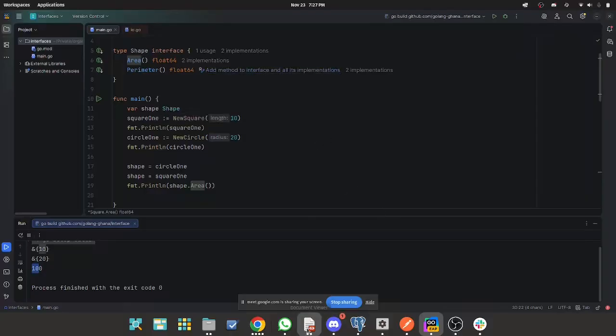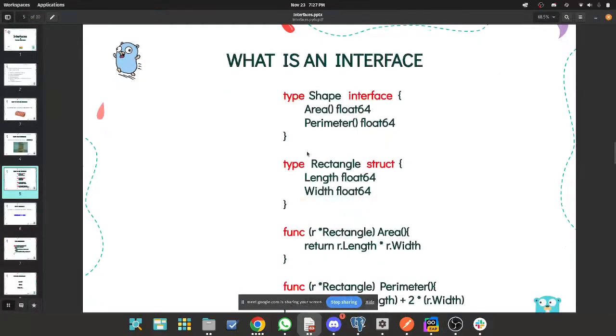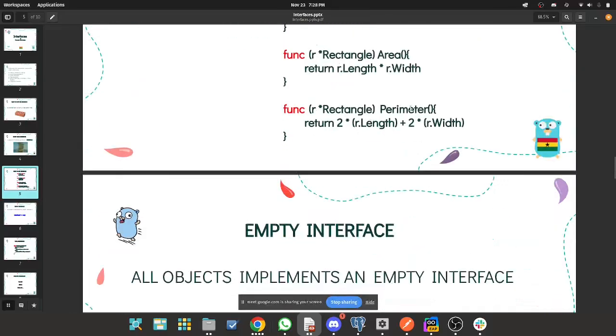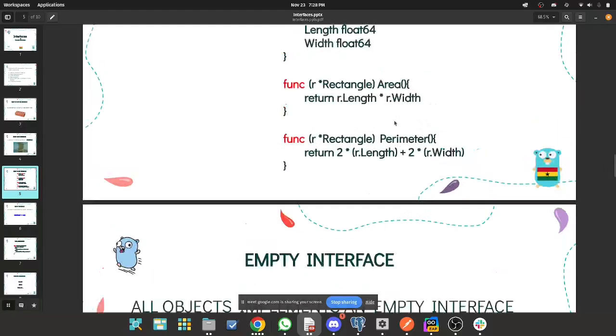Okay, so we'll continue. I at least hope that you guys understand what an interface is. It's basically a contract, an abstract type that is not a concrete type. It does not instantiate or initialize new objects. Other concrete types have to satisfy the contract, which is mostly methods, and you can use it anywhere you want. So if you are a backend guy and you do a lot of tests or database operations, one useful